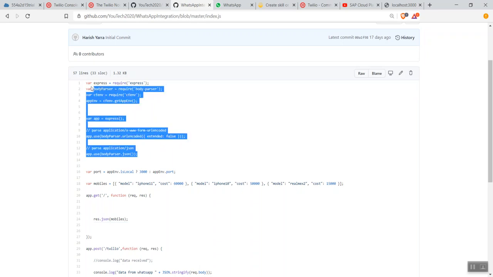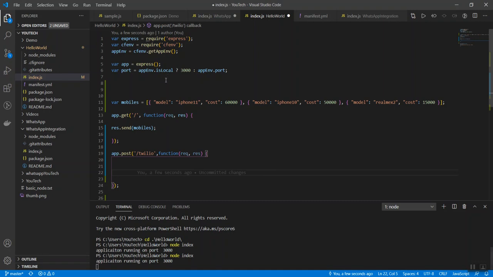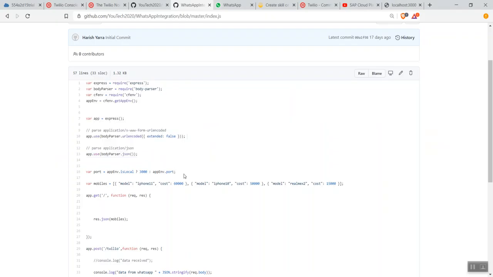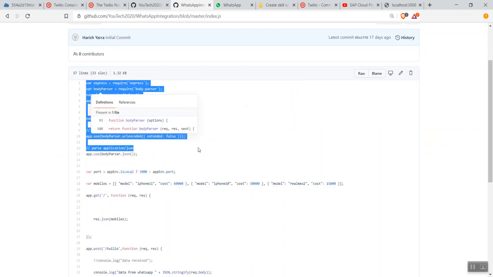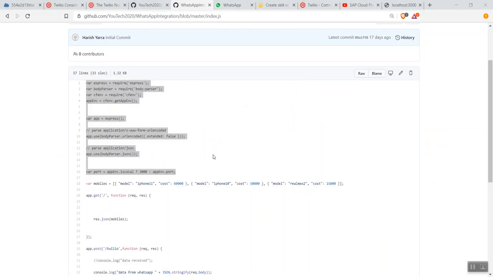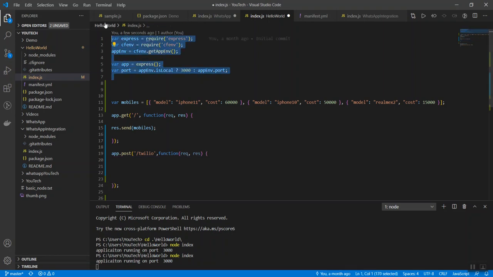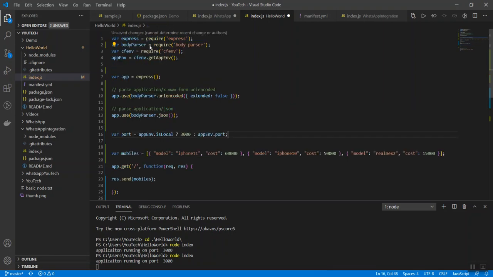Along with this, we have to use body parser and all the rest of the things. Better, we can copy this entire code here and paste it to this. So take this entire part including the port so that we don't miss anything, and copy here, right? We are good. So we have the express, we have body parser, and we have the body parser.json as well.